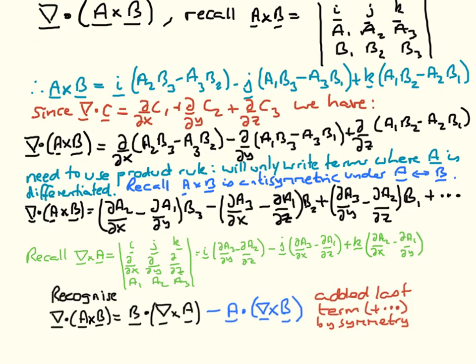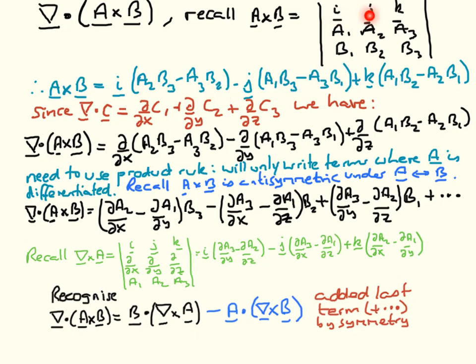So the next identity required us to work out the divergence of this vector field, which was the vector product of A cross B. So we remember the definition of a vector product, which can be written in this way here, and then we just expand it. So we're going to have in the i direction for this vector field A2B3 minus A3B2, that's written here, and